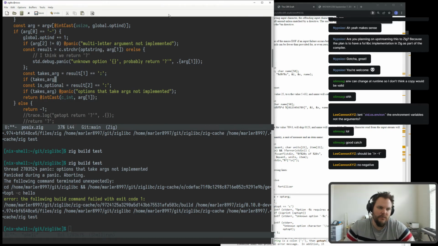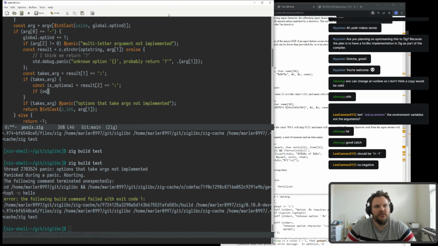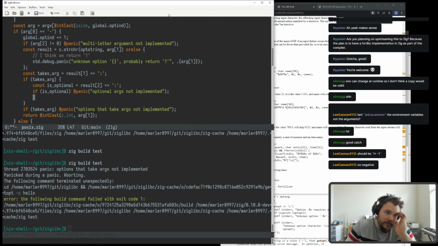Otherwise, this one could be null, and then we'd be going past the string. So only if we take arg do we check that. So if is optional panic optional args not implemented. Otherwise, I wonder if the arg, it probably is supposed to not have a dash. So we'll say